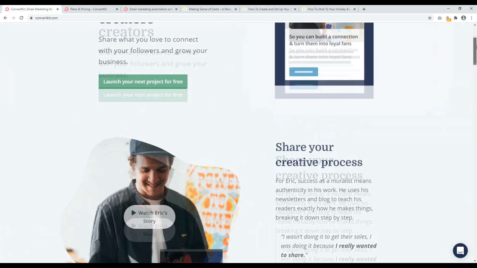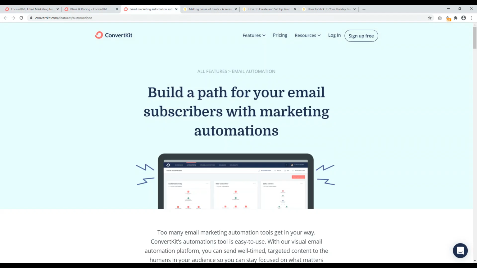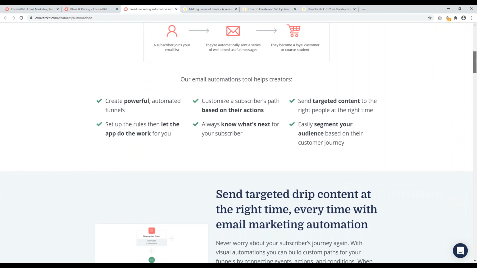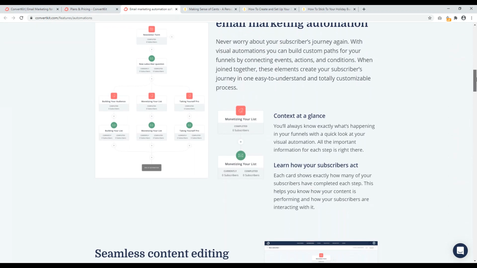Now, what I really like about ConvertKit is on the back end, one, their deliverability is excellent, but they really have some very helpful automations built in. It's not as complicated and feature rich as, say, something like ActiveCampaign, which has a lot more specific detail where you can like geo-target your email list and send out an email to hit everybody at a specific time based on their location. You can't do complicated things like that with ConvertKit, but what you can do is